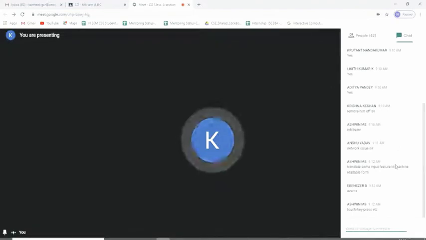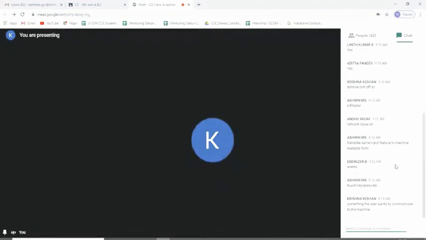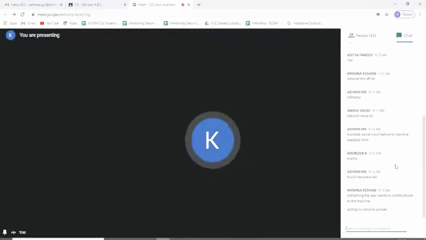Touch, key press, etc. Communicate to the machine. Something that is an input. Krishna, I am asking about input device anyway. Okay, something that the user wants to communicate to the machine.